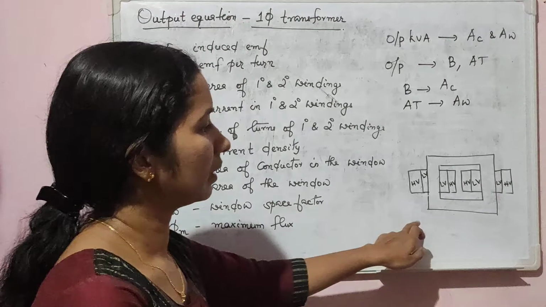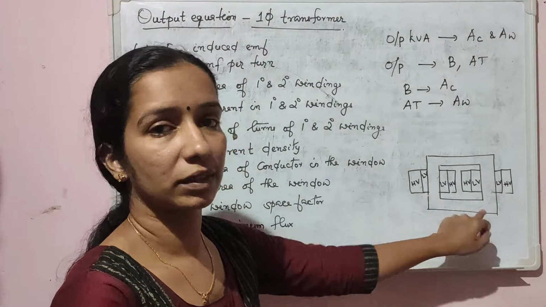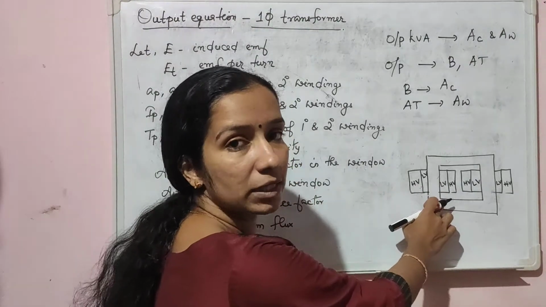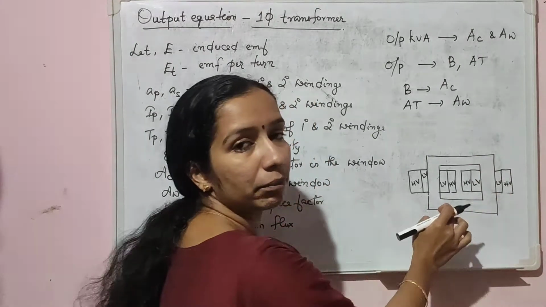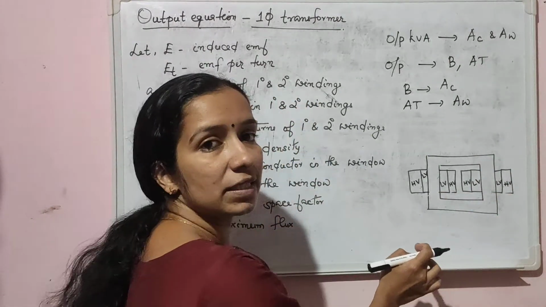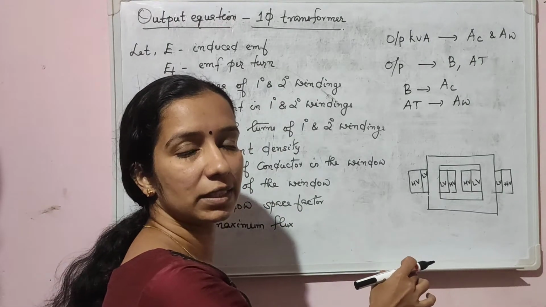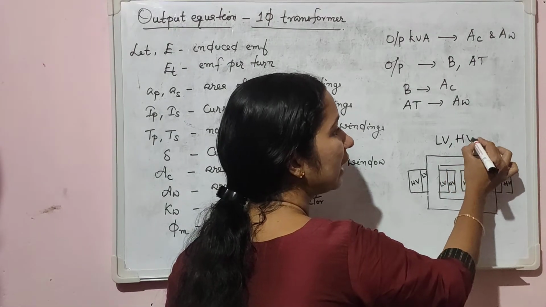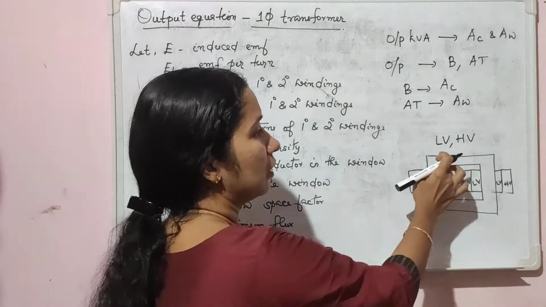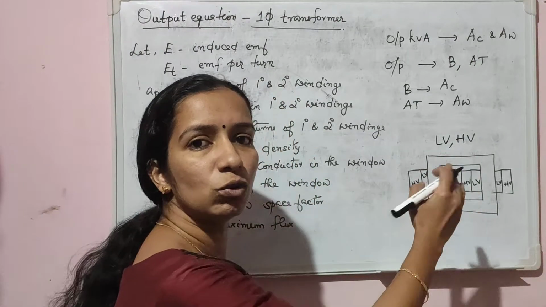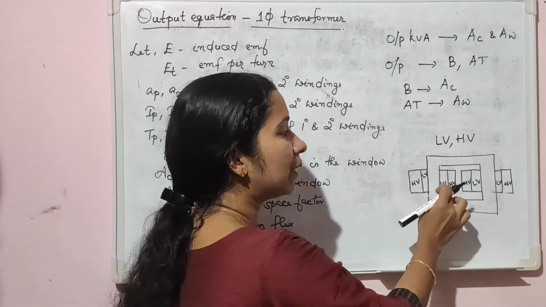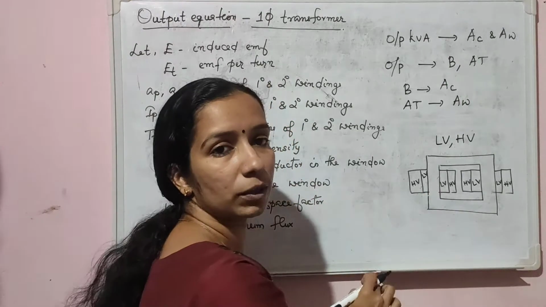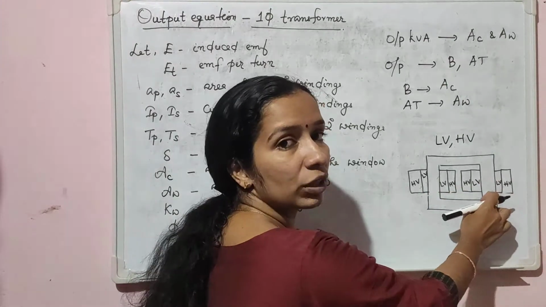So these are the various parameters that are needed for the derivation. So let us see the cross-sectional view of a single-phase transformer. It will be like this. So this single-phase transformer will have two limbs. This is one limb and this is one limb. So both the limbs carry both primary as well as secondary windings. Or in general, a transformer will be having two windings, a low voltage winding and a high voltage winding. So this low voltage winding will be divided into two equal halves, and half the low voltage winding will be provided on one of the limbs near to the core, and remaining half on the other limb near to